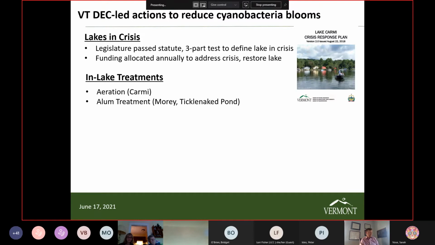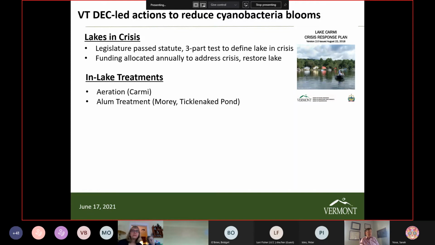But in a few cases, we've implemented in-lake treatments to deprive blooms of the nutrients that they need, and that's what can be done through an alum treatment. The alum binds with the phosphorus, makes it inert or unusable, and prevents it from being available for plant growth. That's worked well on a couple occasions, but really for an alum treatment to be a good investment, you have